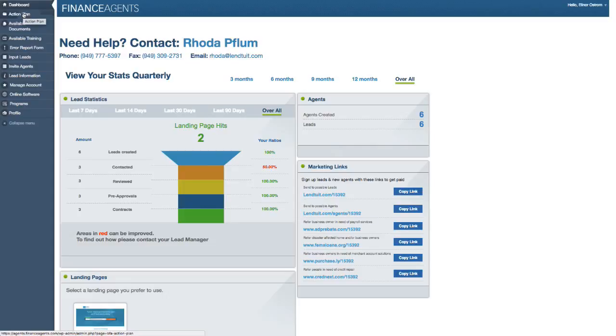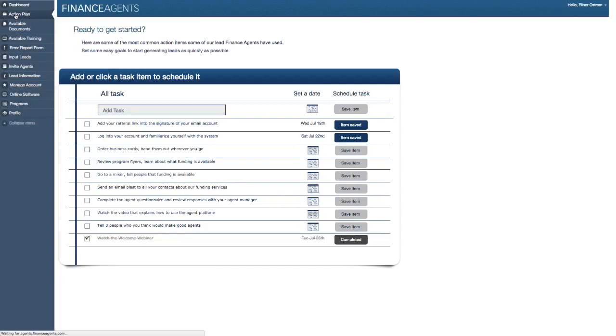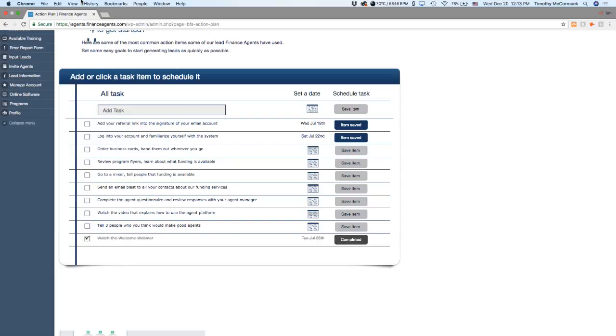But the next page is the action plan. So this is Trey's favorite page. I love this page. Says everybody the action plan. I'm just kidding. This one is something that, frankly, not a lot of people utilize, but it gives you some